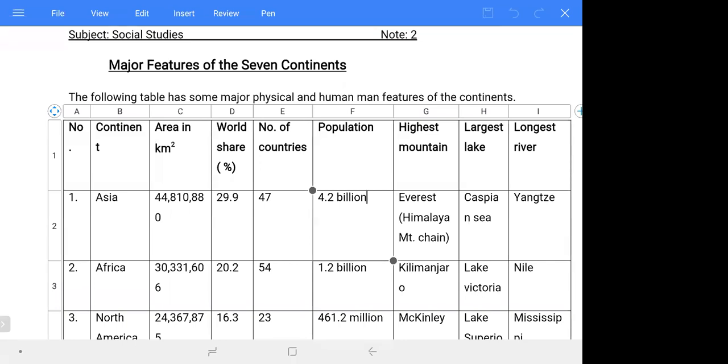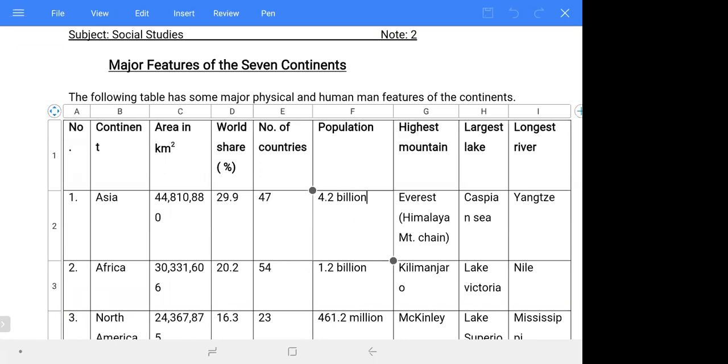Is it clear now? Yes. So when I say the highest mountain, every time you must say Himalaya, the mountain chain. But the highest peak or the highest place on the earth is Everest, which is part of the Himalaya. So Everest is in Tibet and Nepal, in between it means. But the Himalaya mountain chain extends to